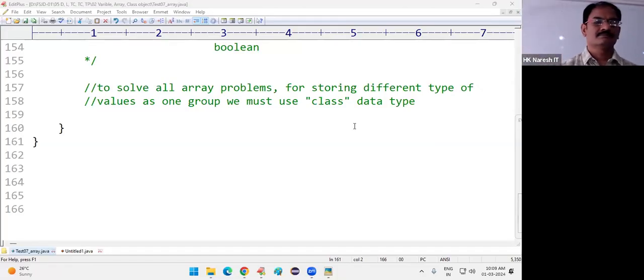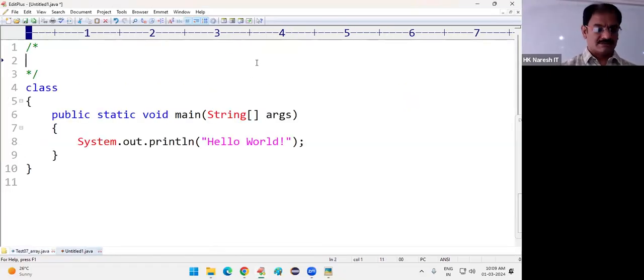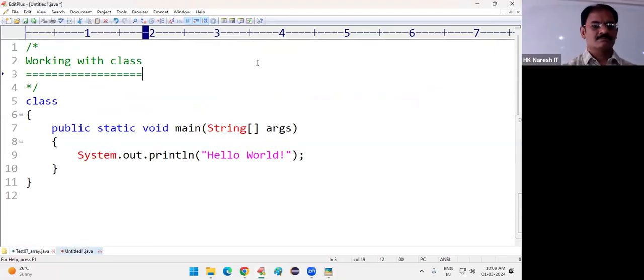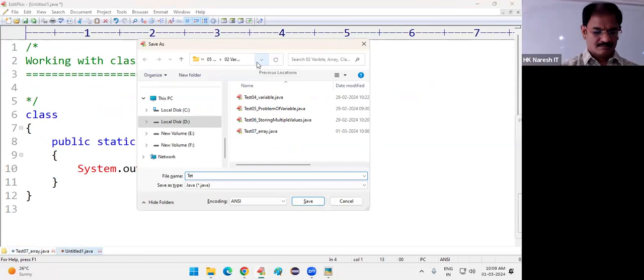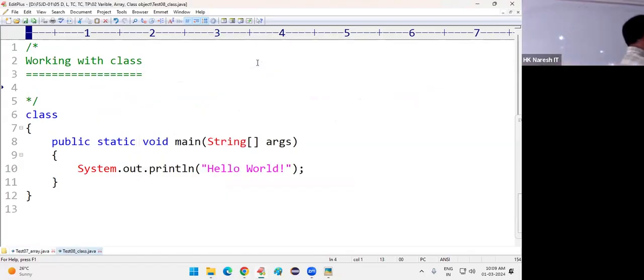Done? Okay. Working with class. Now carefully answer. Confusion point, ready? If this small confusion in object-oriented programming comes out,